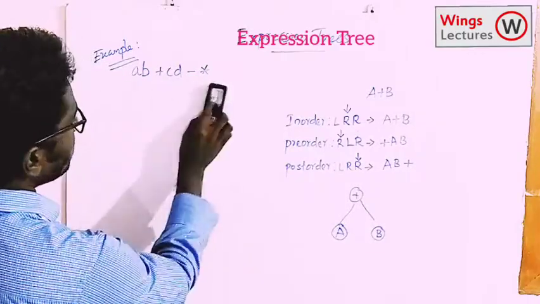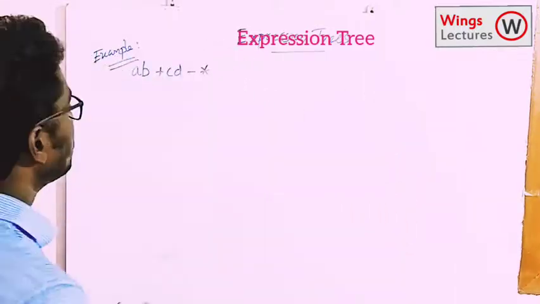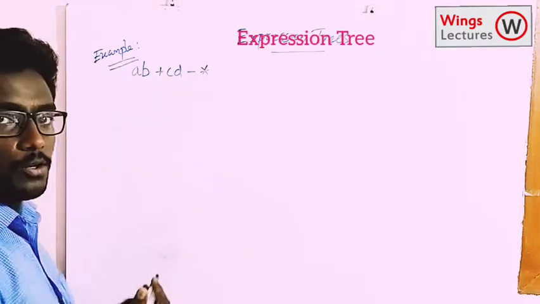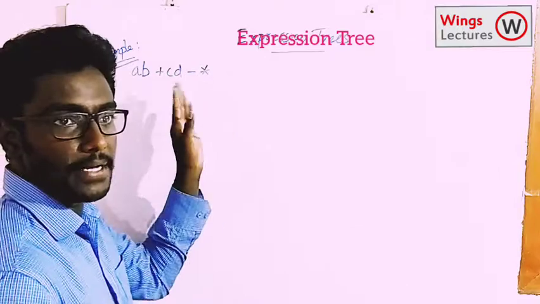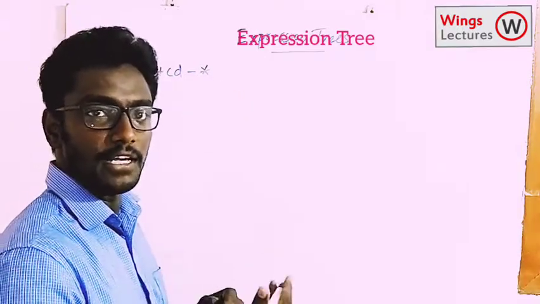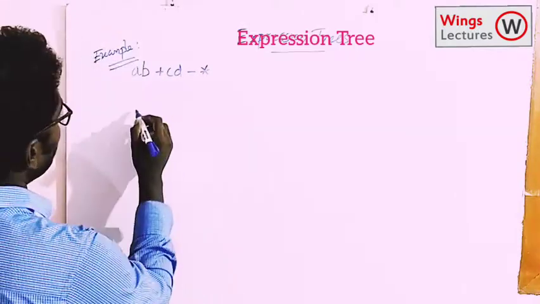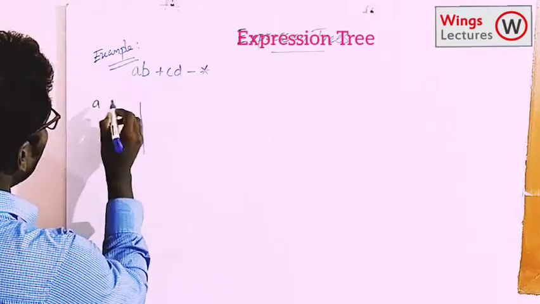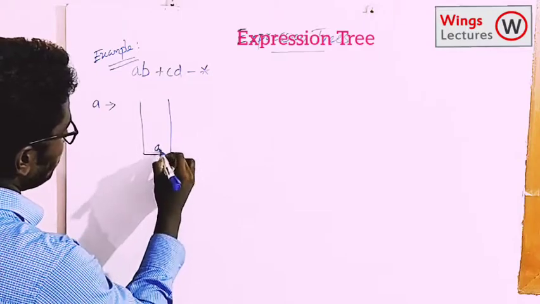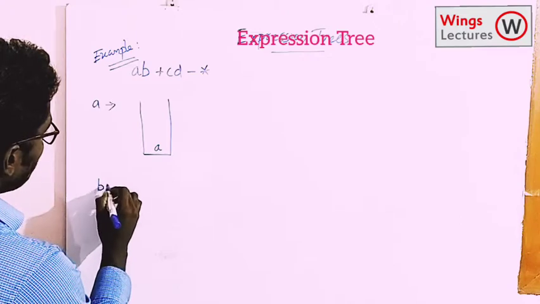So here, first, we all know how to read the operands and operators by using, as we have already seen, the arithmetic evaluation by using a stack, right? By using the same concept, first I am going to read A. I can keep it inside the stack, and then next I am going to read B,